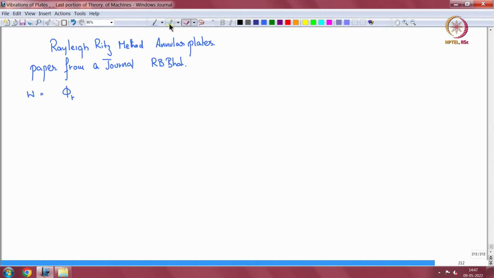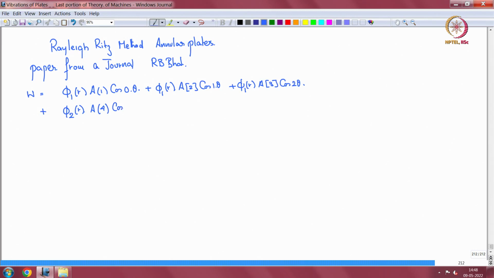phi 1 of r, a 1 cos 0 theta, axisymmetric, plus phi 1 r, the same radial function, a 2 cos 1 theta, one diametral node line, plus phi 1 r again, a 3 cos 2 theta, plus now phi 2 r, the higher level function in the radial direction, a 4 again cos 0 theta, so axisymmetric,